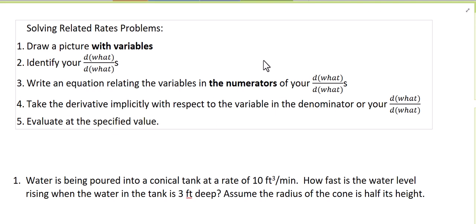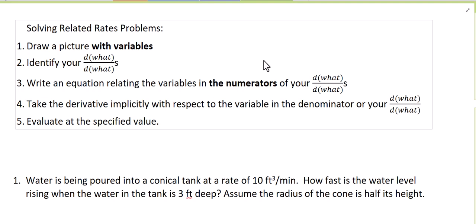Hey there, this is part 2 of our related rates video series. In the first video, I asked you to do this problem on your own to try the steps 1, 2, and 3. So draw a picture with variables, identify your d-whats, and write an equation relating the variables in the